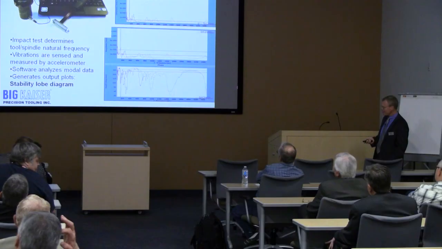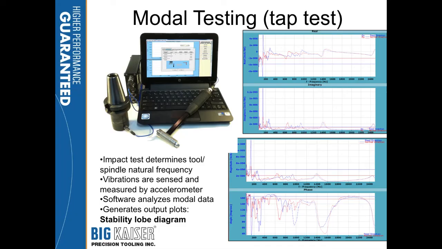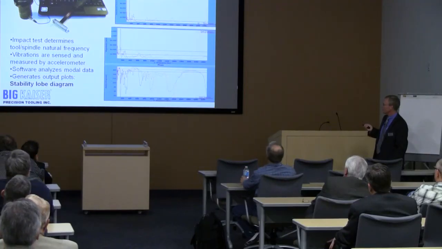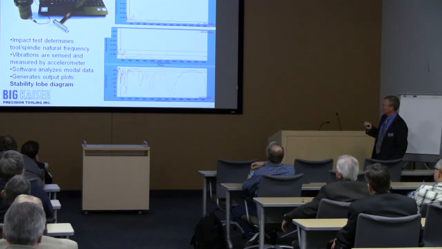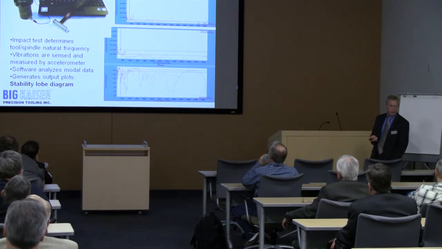How do you do that? Besides other companies doing it for you, you can buy this mobile tap testing equipment. It's got a calibrated hammer, which you don't want to break your tool when you hit it, but it's got a little accelerometer on it. And when you tap the tool, it feeds back to this laptop computer, and gives you analyzed data for the frequency of that system, for that tool, for that machine, for that interface, for that clamping force. These frequencies are measured, generated through this computer program, analyzed, and a stability lobe diagram for that work center is